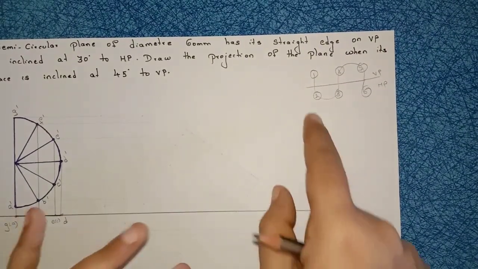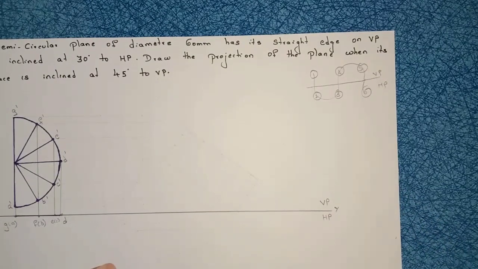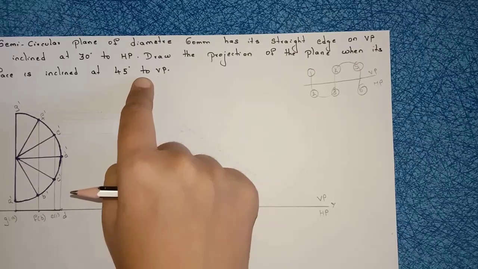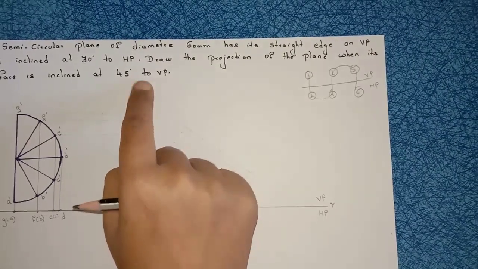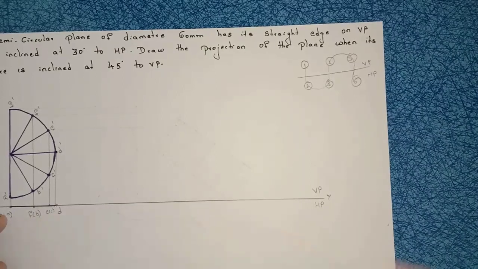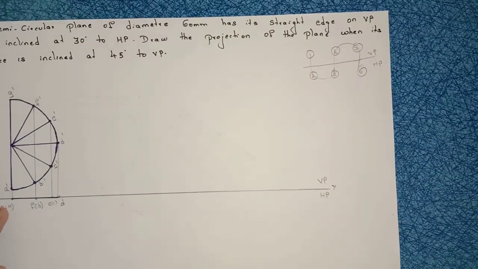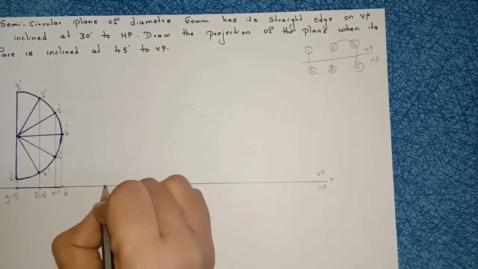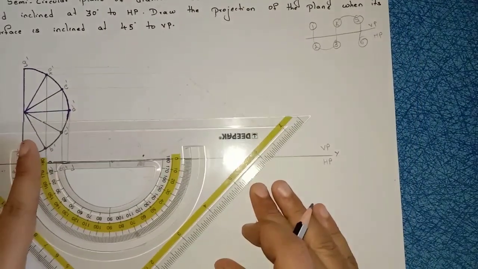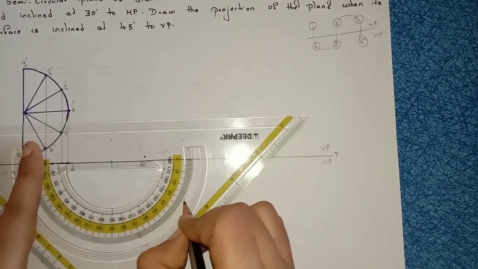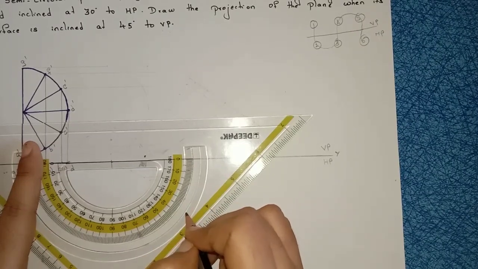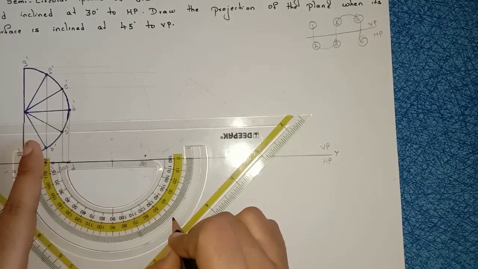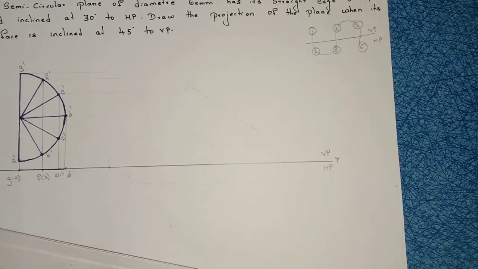See, to avoid confusion, first draw this one, you will get some idea, right? So the third step you should construct here. In order to construct the third step, first you have to take 45 degrees to VP, right? So measure this line from G to D. Mark any point on the reference line. Just place your protractor there and mark here 45 degrees, right?